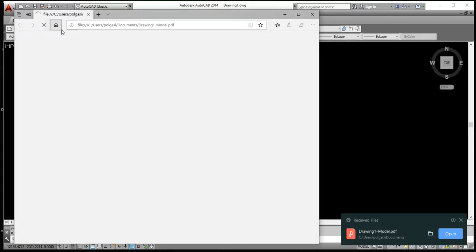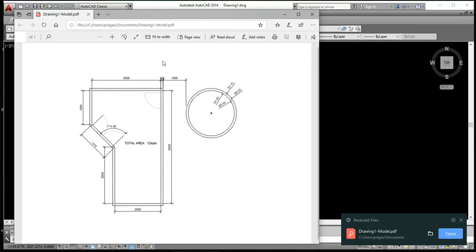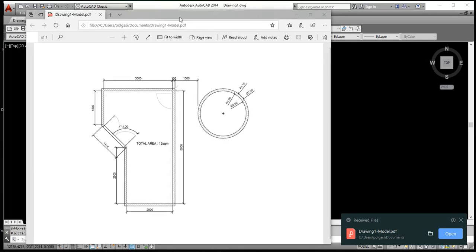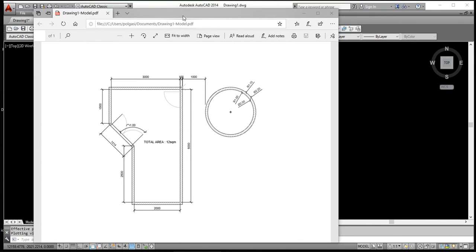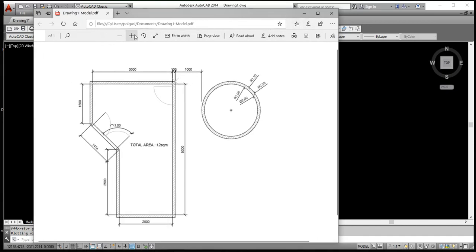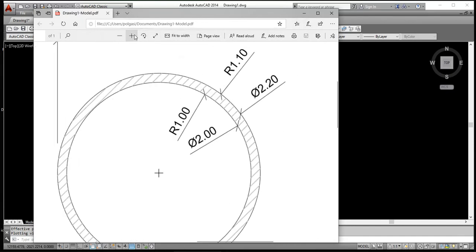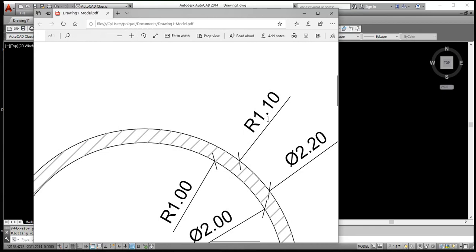Now it will show, I did not install Acrobat yet, so it will show here PDF in this Microsoft one. So it's like this. So you can save it on a USB or send it by email, and then just tell them to plot this PDF file, and it will show like this one. You can see here, see the pen assignment is